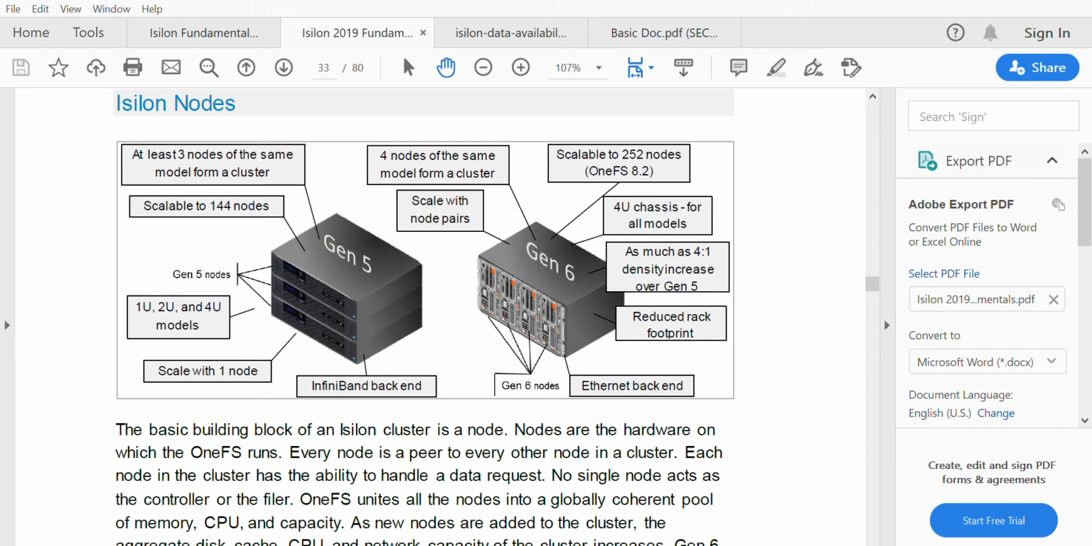So in Gen 5 we had 1U, 2U and 4U models of nodes, whereas in Gen 6 we came with a 4U chassis where it can hold 4 nodes of the same model to form a cluster. In Gen 5 we need a minimum of 3 nodes of the same model to form a cluster. Let's say if you have X series, then you will need 3 X series nodes to form a cluster,